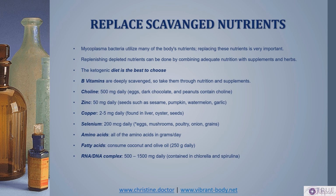Replenishing these depleted nutrients can be done by combining adequate nutrition with selected supplements and herbs. In our opinion, the ketogenic diet is the best one to choose in this case, and the supplements that we recommend are B vitamins, because they are deeply scavenged by the bacteria,